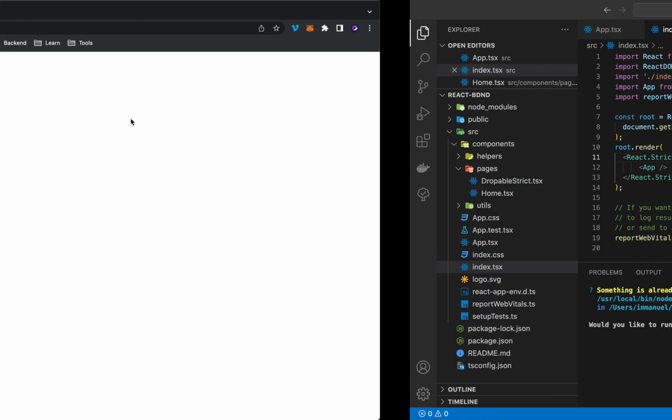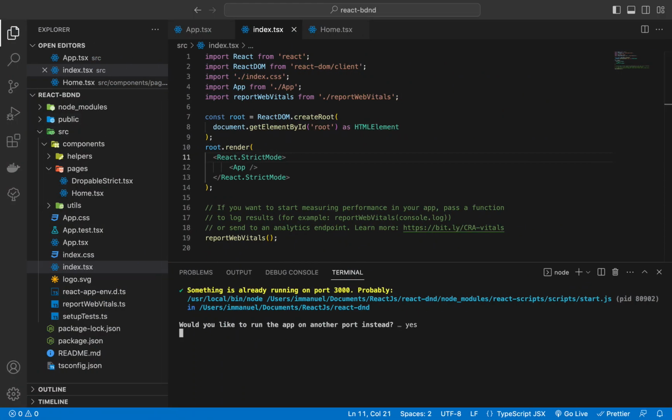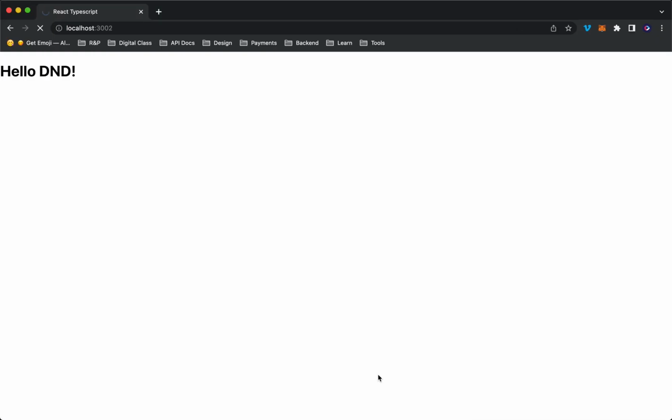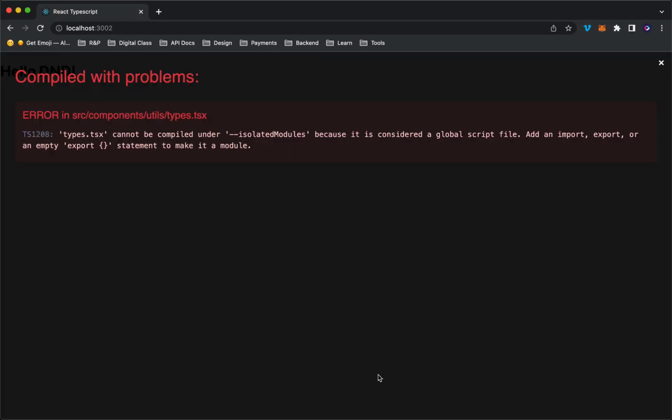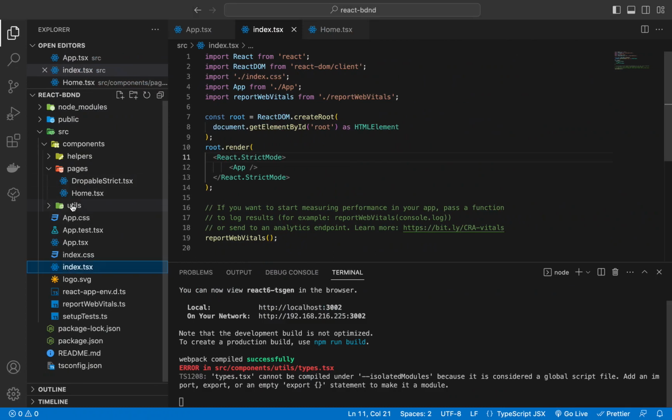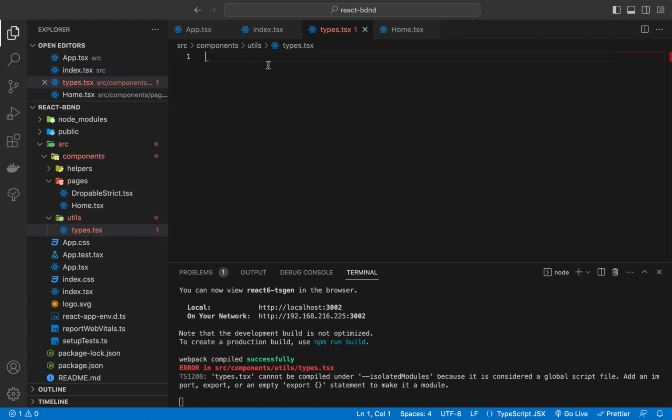All right, so it's actually working, but let's just restart the server. All right, so types.css cannot be compiled under isolated modules because it's considered a global script file and an import or export. So remember that this particular file, we don't have anything here. All right, TypeScript is complaining about this. So what we want to do here is I'm just going to do export